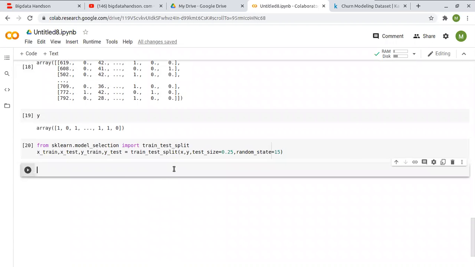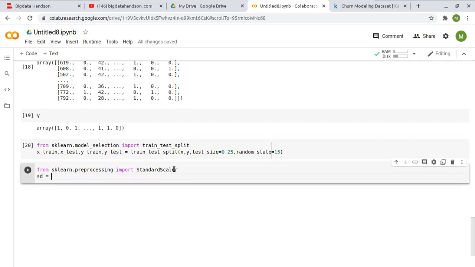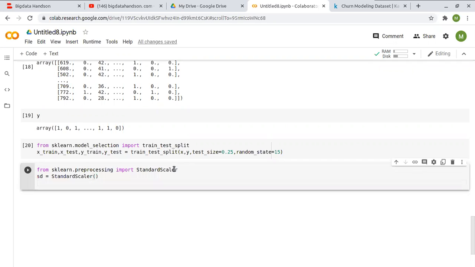To standardize the scale, we'll import StandardScaler from the sklearn library, preprocessing module, and we'll create an object for StandardScaler and fit it to the training data.